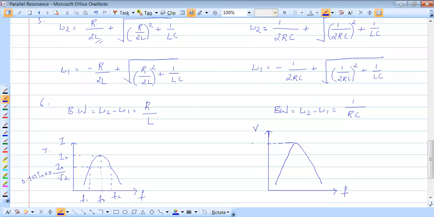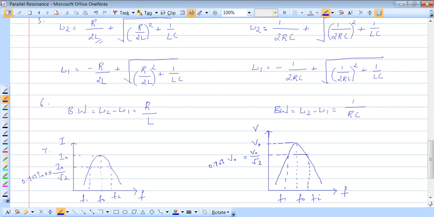So you have V, you come down by 3 dB, you would have, sorry, this is V naught, the maximum. If you come down by 3 dB, at those 3 dB points it would be V naught by root 2, which again can be referred to as 0.707 times V naught. The frequency where the voltage becomes maximum is called the resonant frequency, and the other two frequencies where the voltage becomes 0.7 times its maximum are F1 and F2. So you have to remember this.